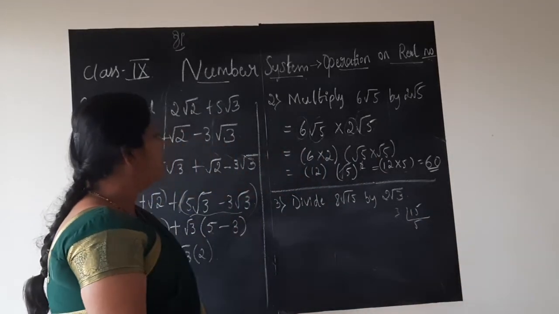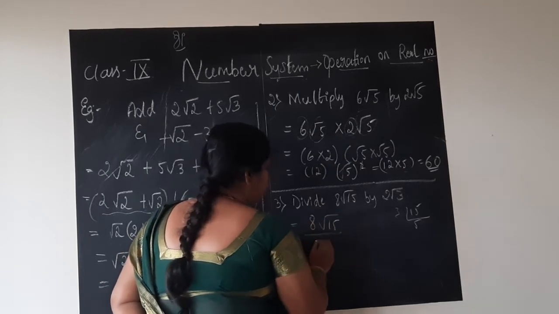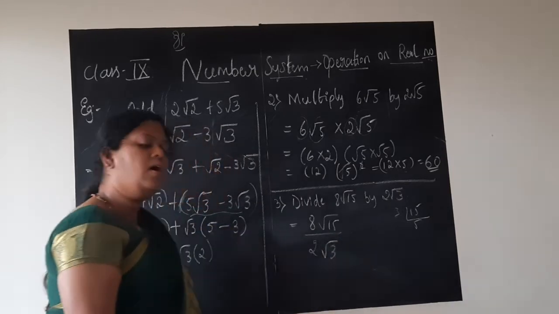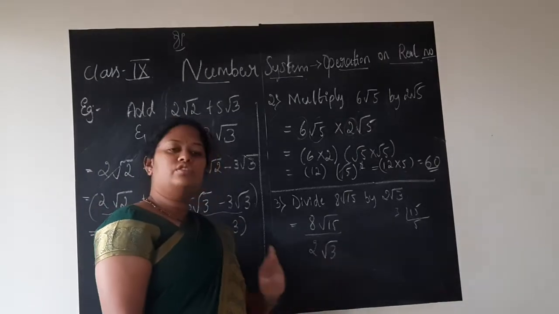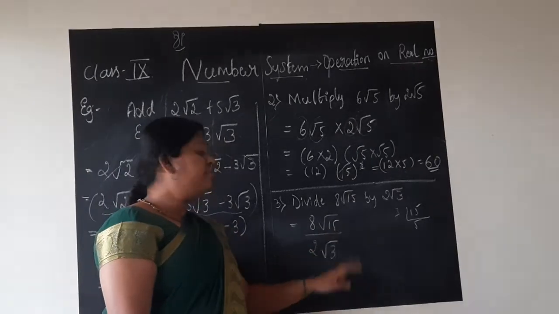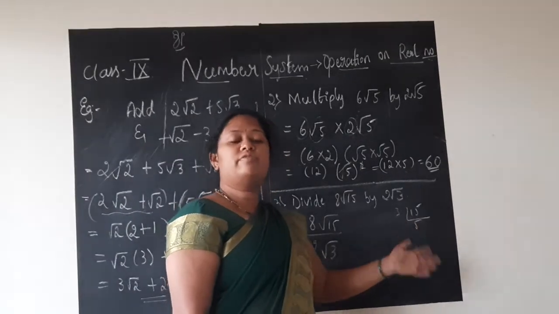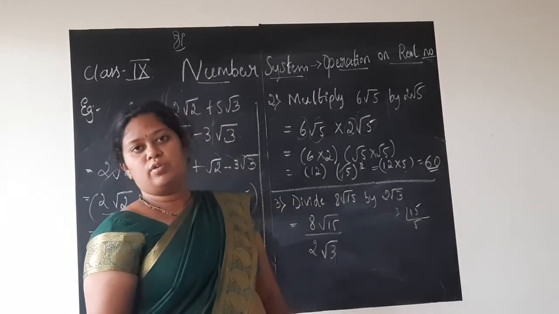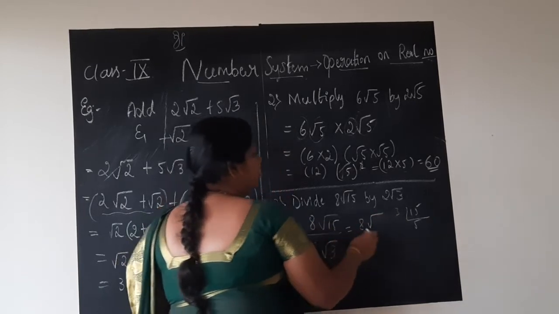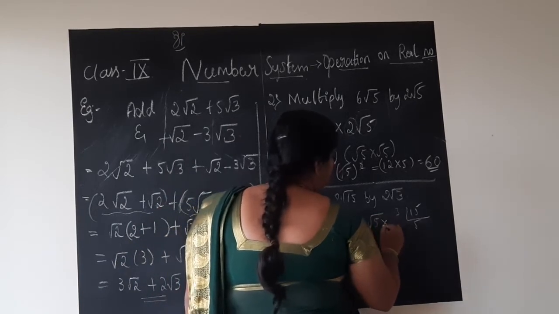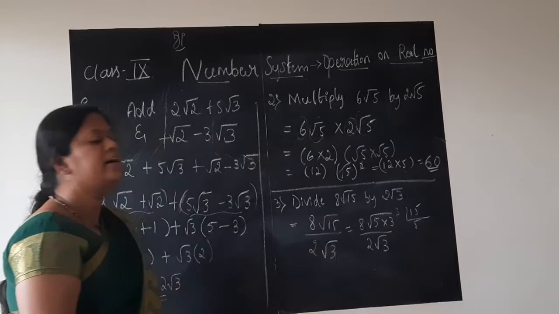It can be written like this: the numerator, since we need to divide, is 8 square root 15 divided by 2 square root 3. If you observe this children, 8 and 2 you cannot simplify, leave it. Root 3 also cannot be simplified further, leave it as it is. But 15 is a big number. Again it can be written as the product of 3 into 5 or 5 into 3 or 15 into 1, which is the only other option. 15 into 1 is of no use. So we shall now write 8 as it is. The square root 15, I will write as the product of 5 into 3, divided by 2 root 3. I will keep that as it is.